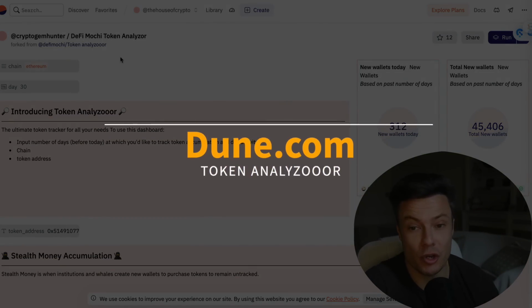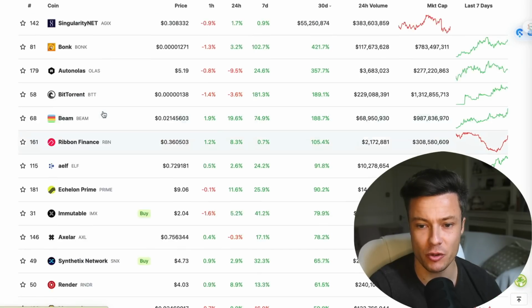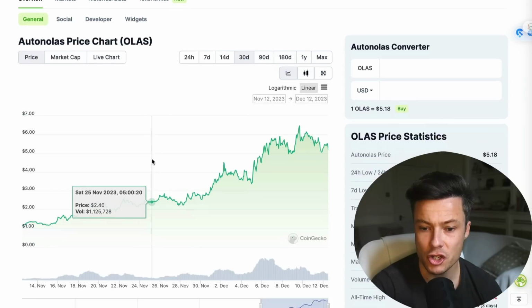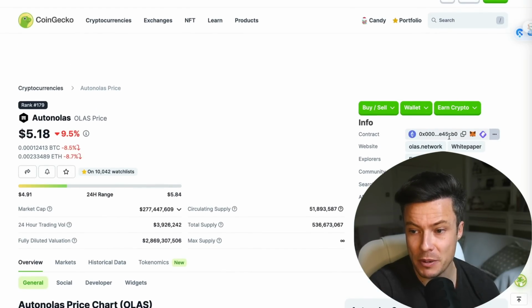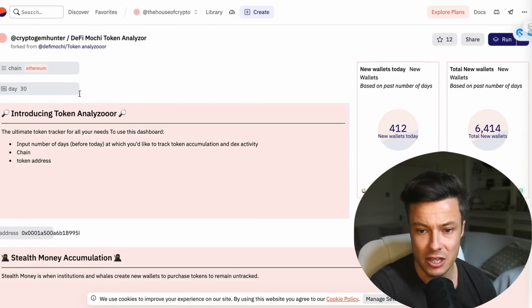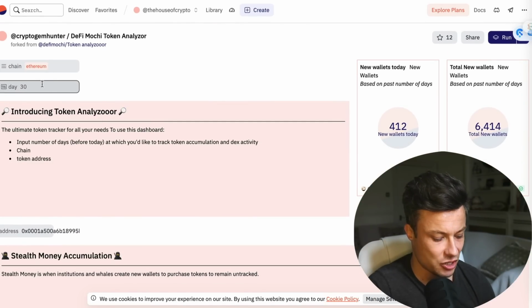But if you don't have the money, then that's fine. I can go over to June.com and use the token analyzer, which I've shown you before. Simply for this, all you would need to do is find one coin that's been pumping, such as Autonolas. Choose a time about 30 days ago where you saw that pump starting to begin, which was around here on the 15th of November. So that's what, 27 days ago. I want to copy the Ethereum contract address, which is here. You then paste in that contract address here. You then go up and make sure it says 30 days, ensure it says Ethereum, and then just hit enter,